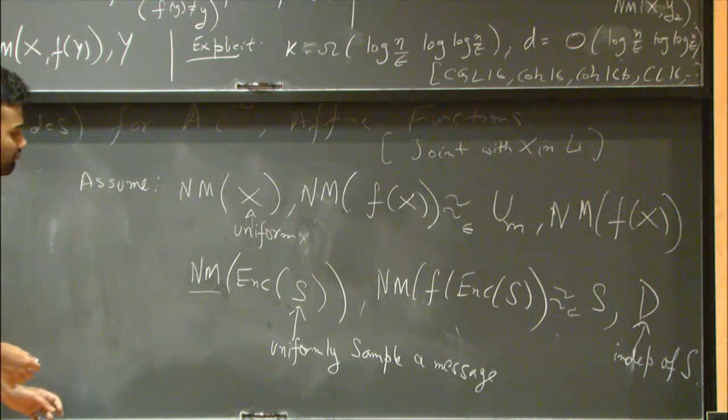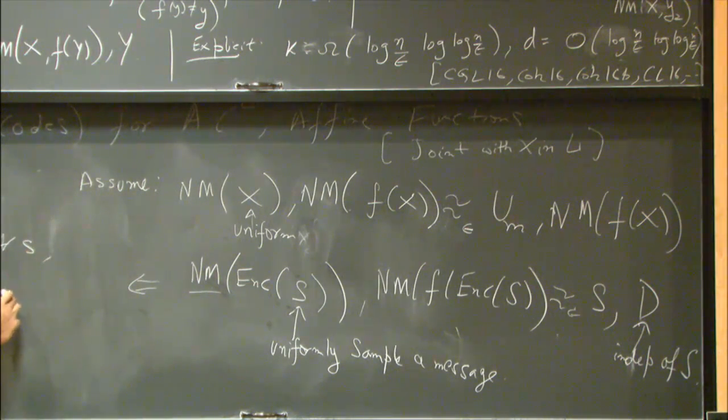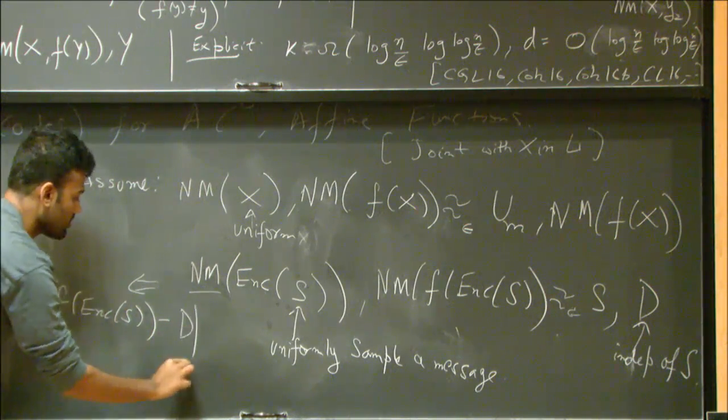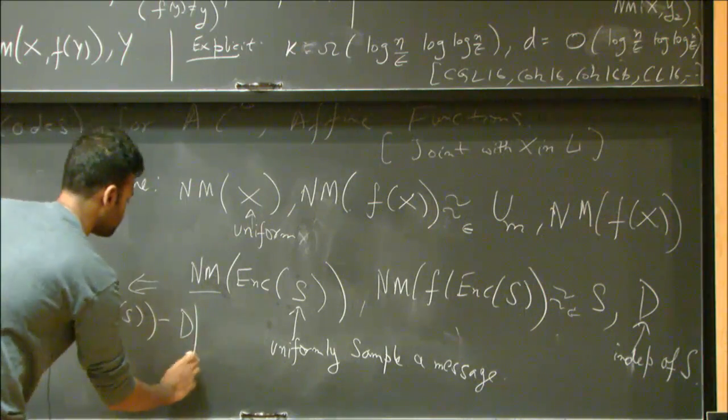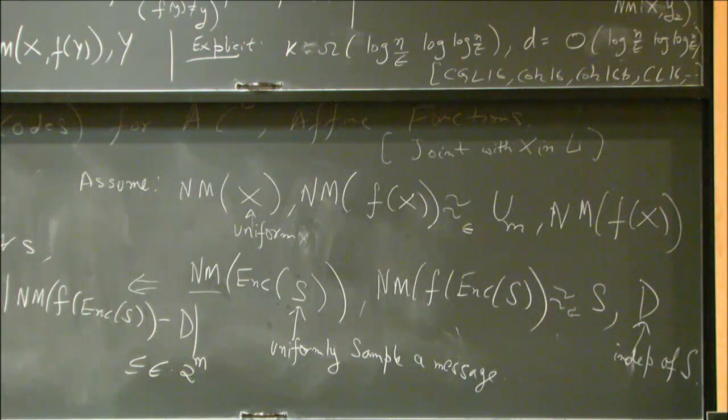Now you can go from a random message to all S. This is a standard lemma one can prove for statistical distance. So for every S, what this implies is that the